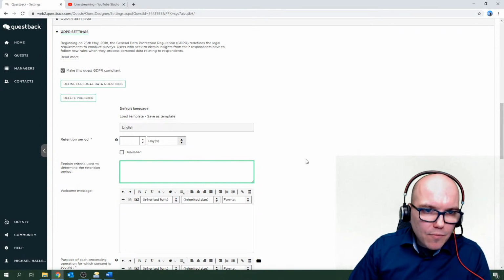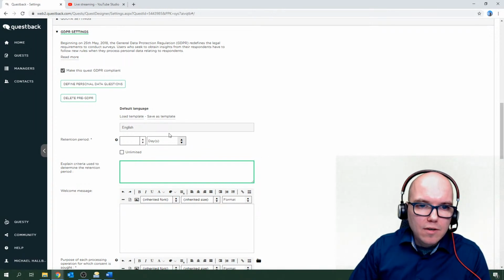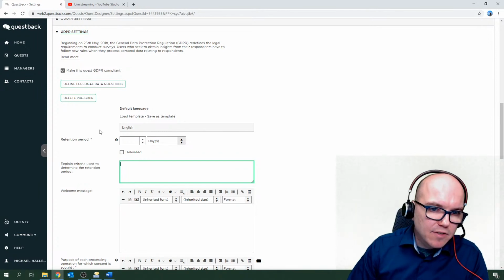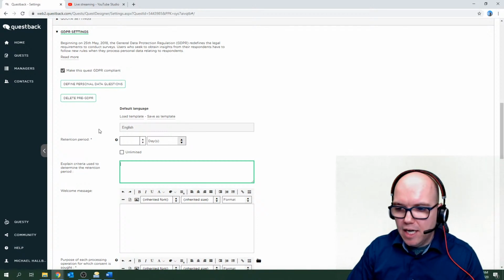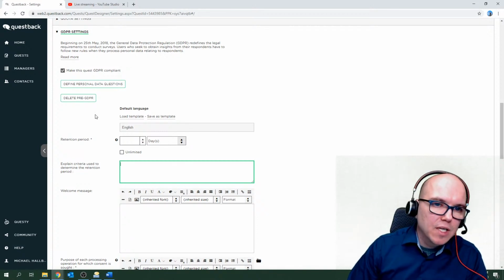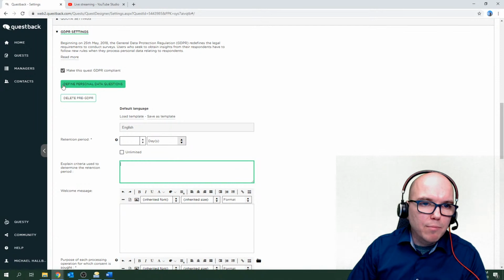Now, what we're going to go ahead and do here is walk through some of the key aspects of this, and then I'll show you a little trick at the end so you don't have to fill it out from scratch every time. Before I do that, I just want to show you there's a button up here, Define Personal Data